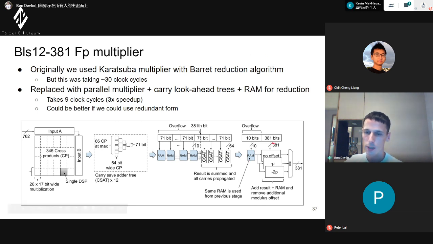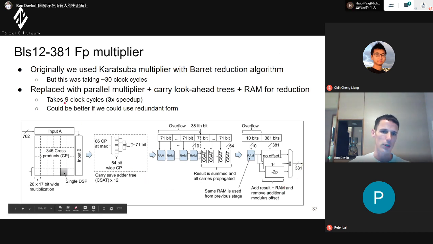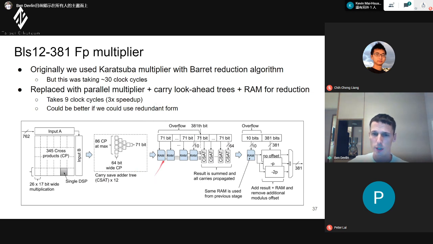And then what we end up with is something that's 382 bits. So then in parallel, we do a couple of reductions and we pick the result which is correct, right? And then this is the 381. And in the end, this approach took 9 clock cycles, which is nearly 3 times speed up. So it uses more FPGA resources, but because we're not using them anyway, it makes sense to use.